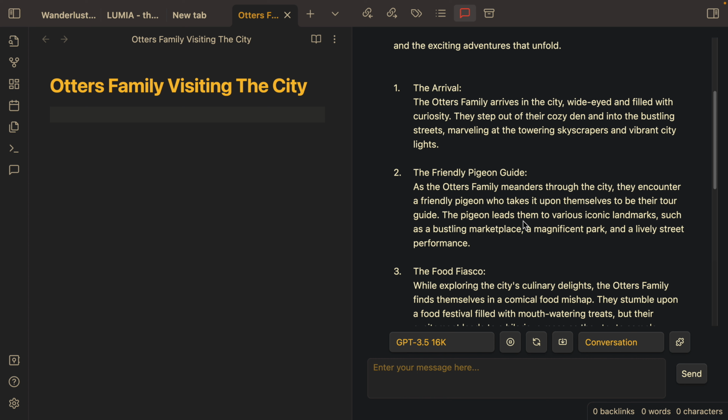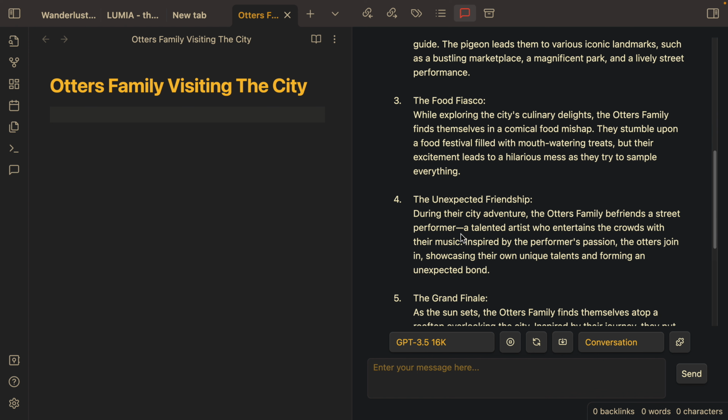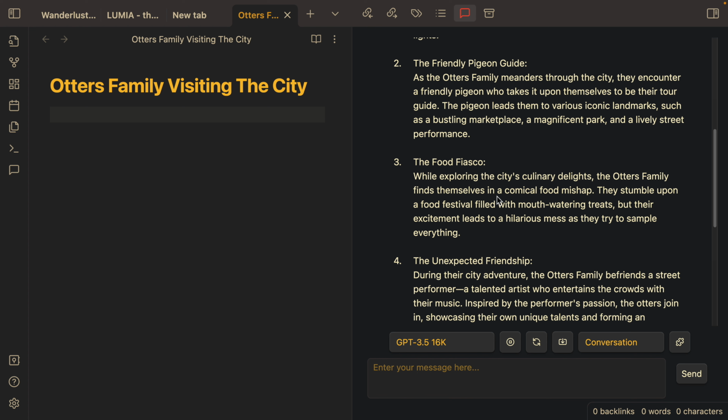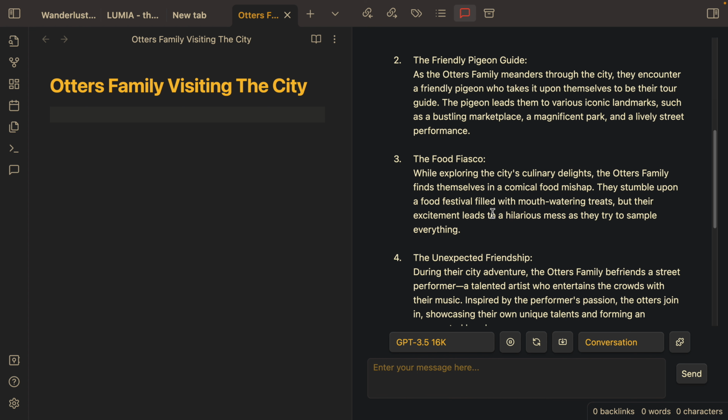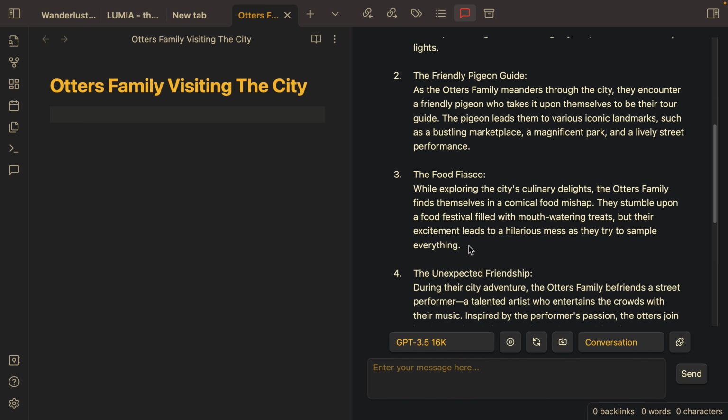It's a pretty generic idea, but it's still a family of otters. They're animals. Oh yeah, they find the city's culinary scene. Maybe they visit some shops, or there's a food festival. Okay, this is actually interesting.